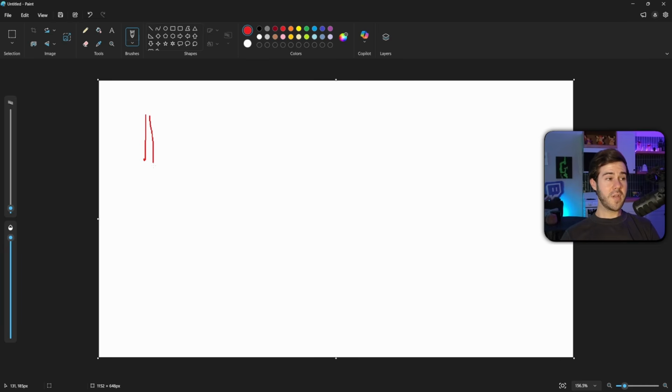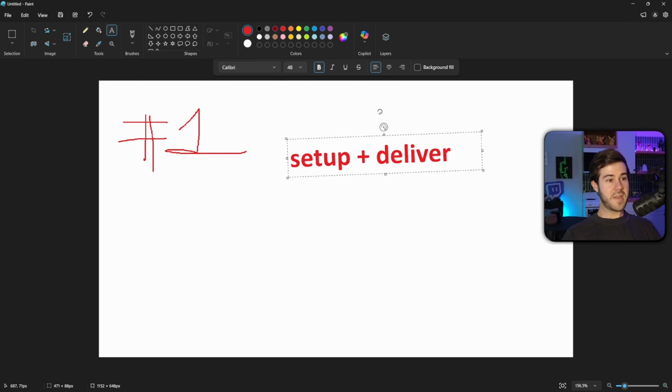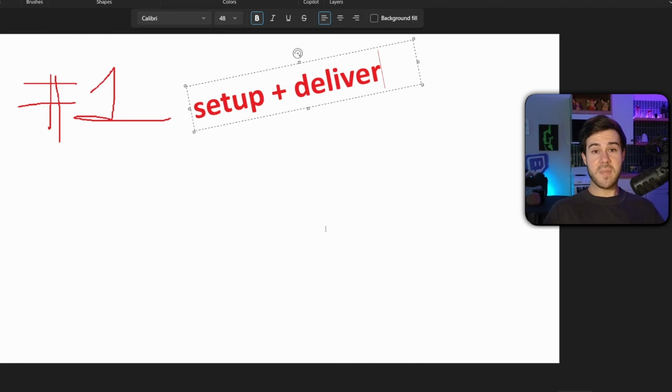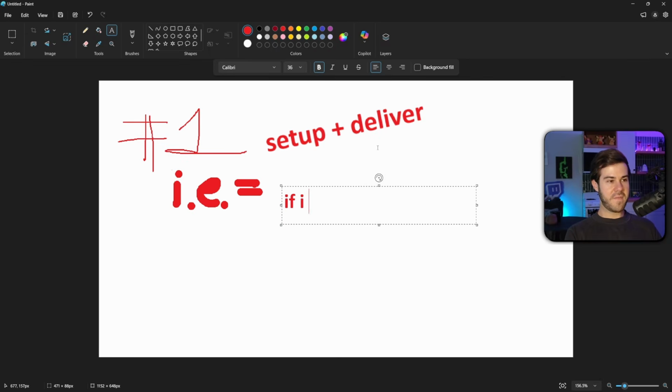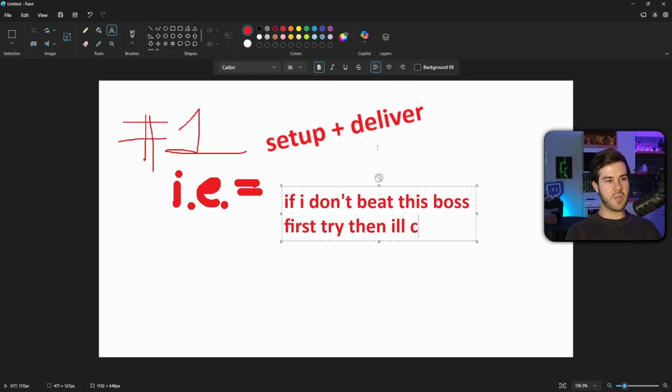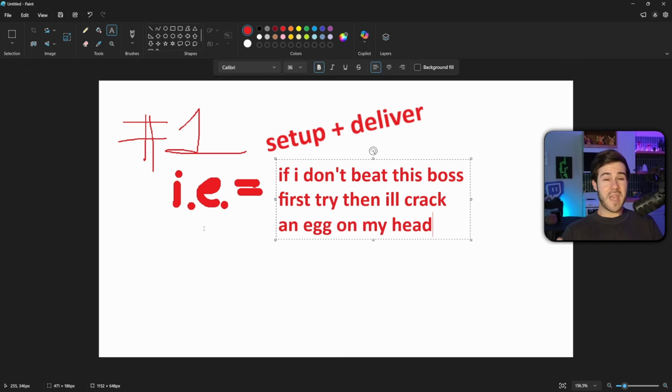So the first one that I want to talk about is the setup and deliver. All you're going to do is set up the scene by just saying what's going on and then deliver what you say the stakes are. Basically just tell everyone what's about to happen and then do it. For example, you could say, if I don't beat this boss first try, then I'll crack an egg on my head. This goes from having a random gameplay clip of you playing Dark Souls or whatever and getting your butt kicked on a boss